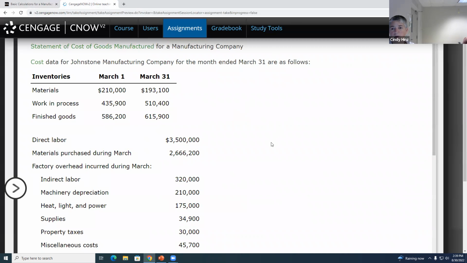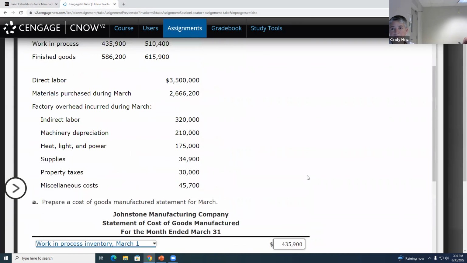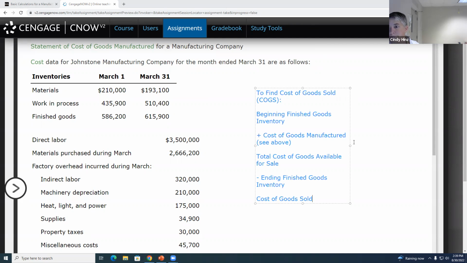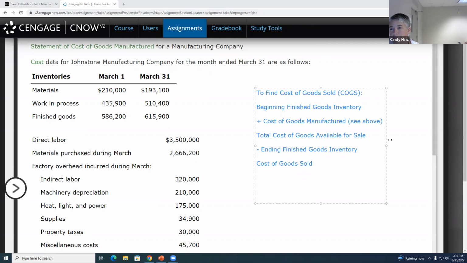Just for our purposes here, I'm bringing this formula over. With that formula, we can now find the cost of goods sold. We know the beginning finished goods inventory. It's given right there,